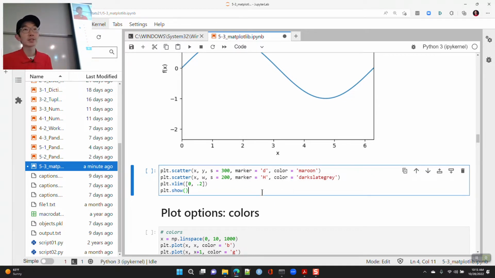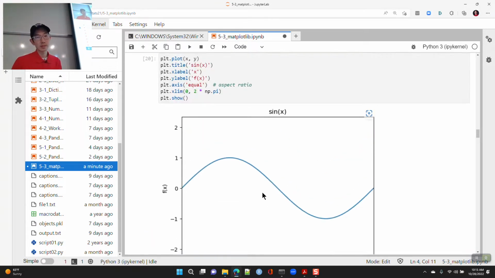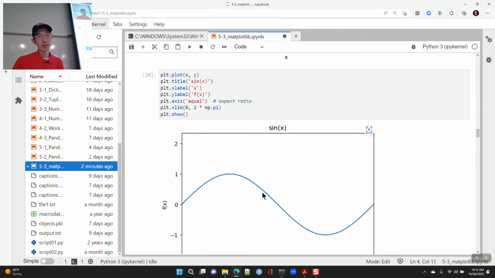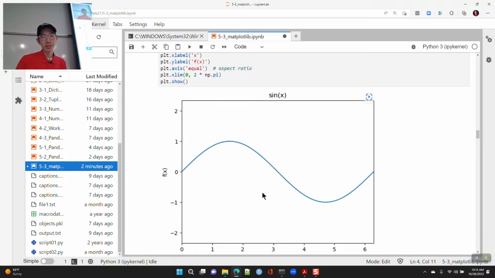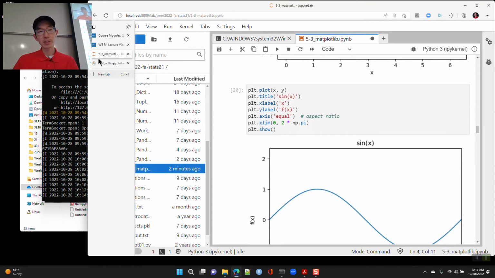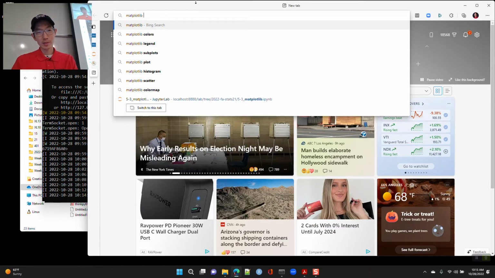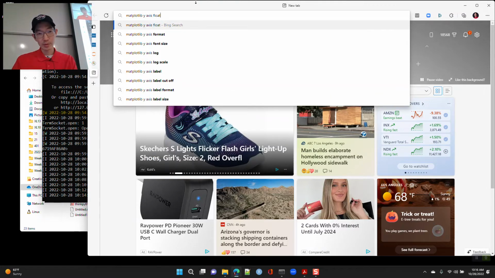Yeah, question? So for some reason, on my chart, it shows the y-axis as double values, so like 2.0, 1.5, 1.0. I'm not quite sure how to control that, actually. There's probably something in the documentation. Matplotlib y-axis float values.